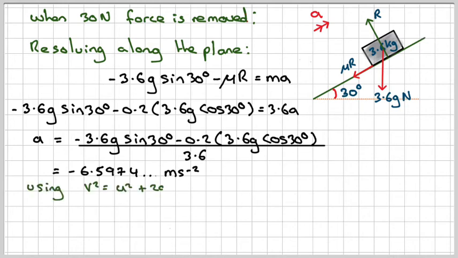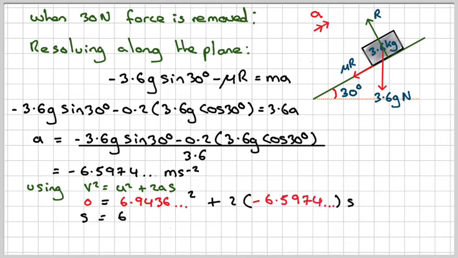So if we now use v squared equals u squared plus 2as to find s, we want the final velocity to be 0. The initial velocity will be the velocity we found when the force is removed, which is this value, plus 2 times my acceleration times s. Rearrange to find s, so it'll be 6.9436 squared divided by 2 times minus 6.5974. We'll need to put a minus sign here, and that will give you